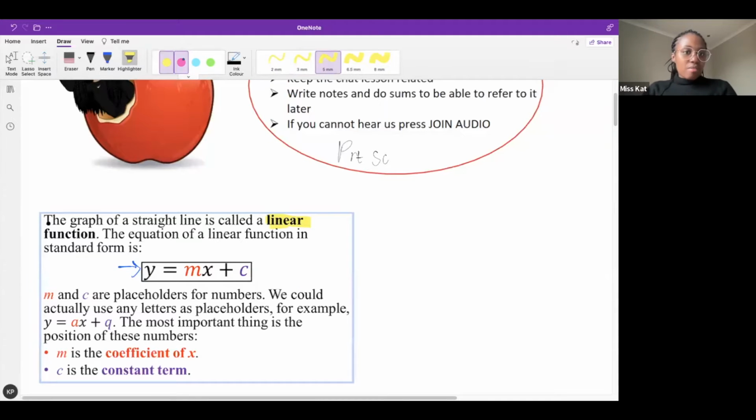Okay, and then obviously we have placeholders, which are M and C. So M is what we're going to be focusing on today. We call that the gradient. So M is going to be our focus for today. That would be the gradient. We are going to work with C a little bit as well, but our main focus for the day